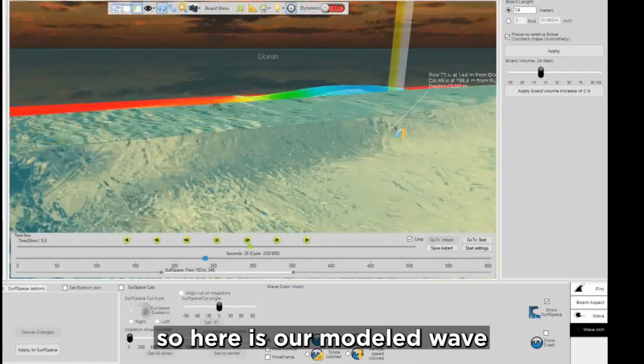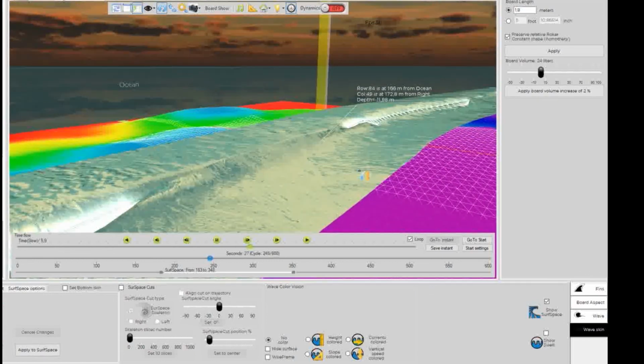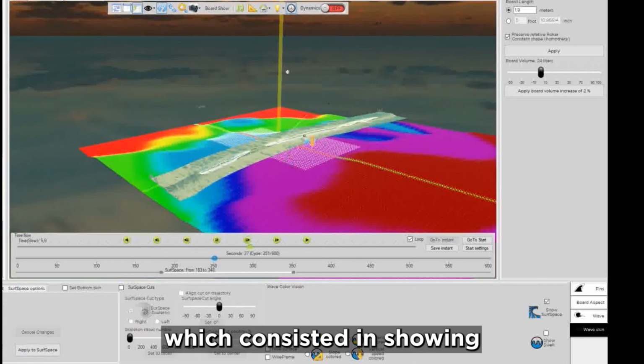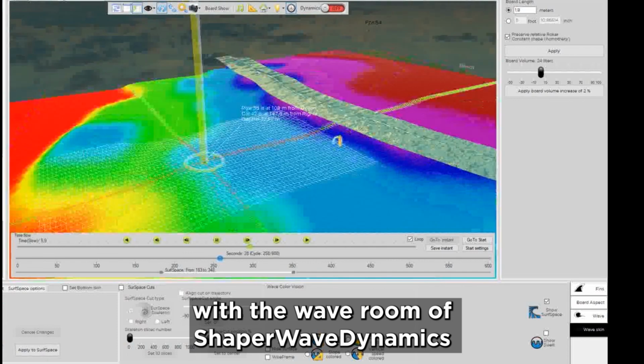So here is our modeled wave with tide 2 meters more. So that's all for this small tutorial, which consisted in showing how to model a given wave with the wave room of Shaperwave Dynamics.